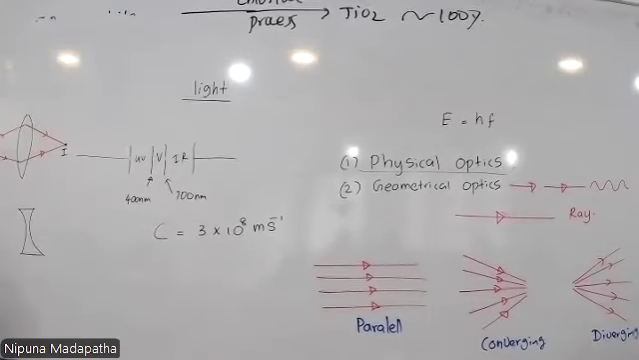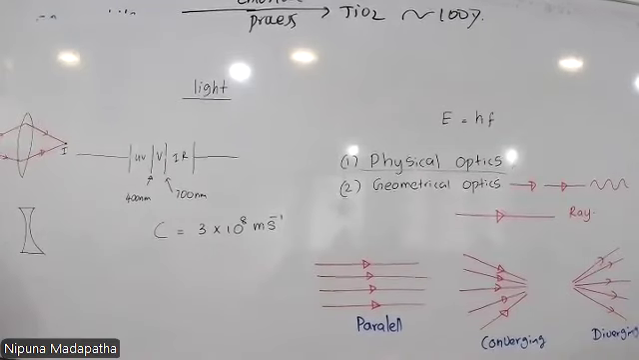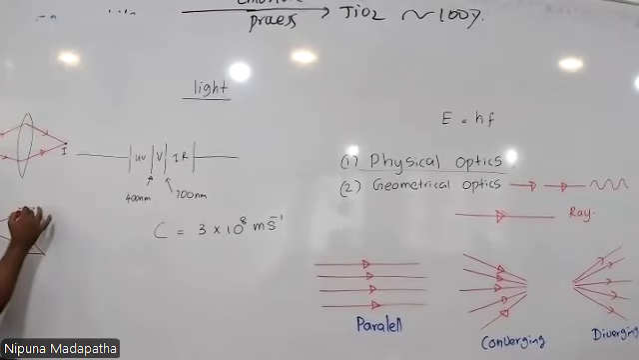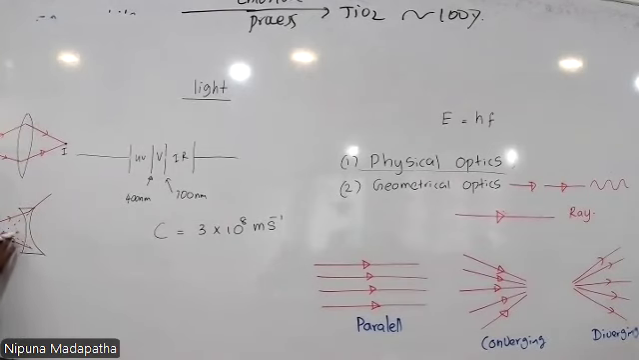Suppose this is the object, and we have a concave lens here. The light rays coming from the object diverge, as if the light rays are coming from a point here. So if we see the image of the object, actually the light rays do not really meet at a point, but